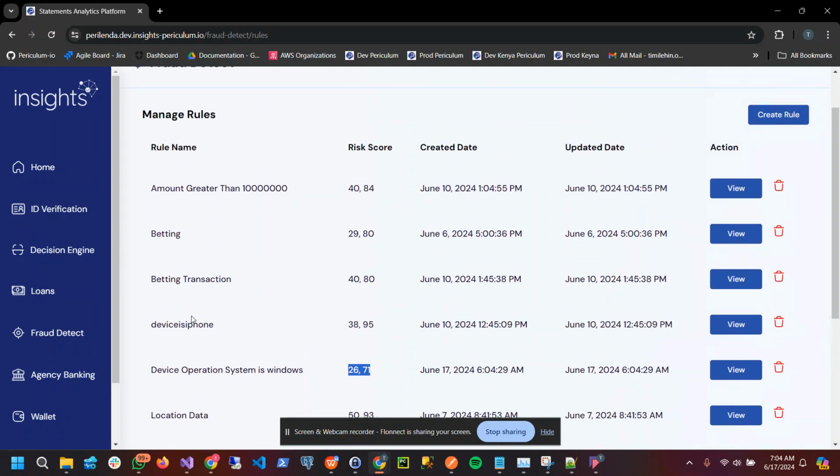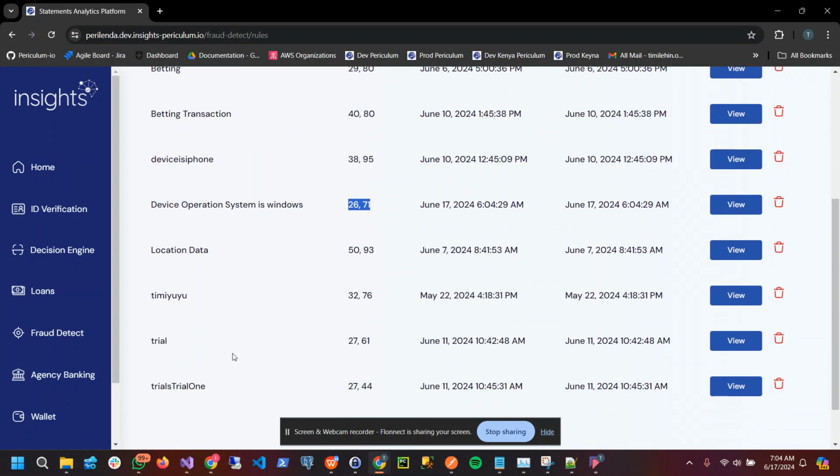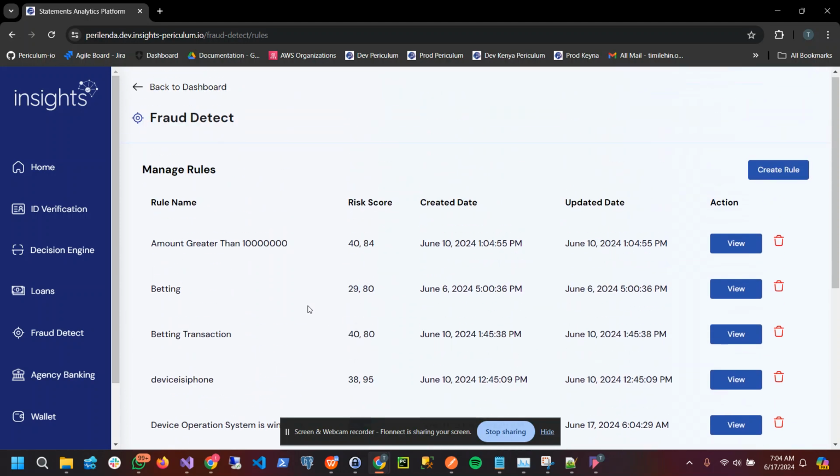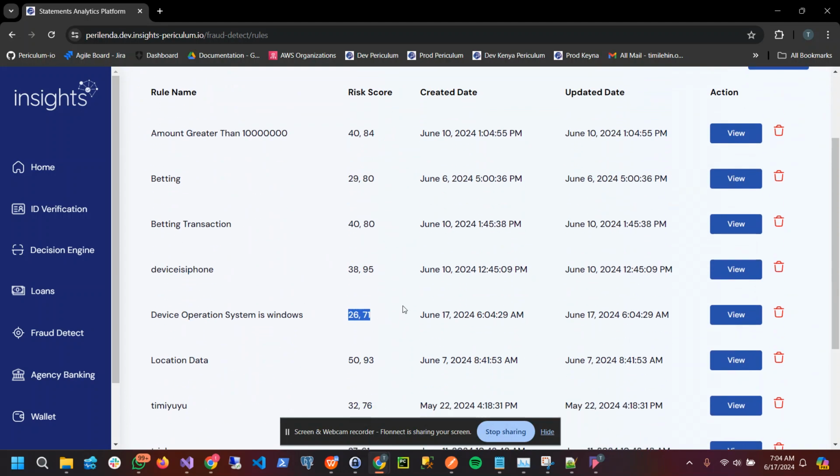So now these are other rules that have been created in the past, and you can see there are different use cases among greater than this location data and different tests. So the next thing now is to actually test if the engine works, right? And in the next slide I will be demoing it via Postman, so it might get a bit technical,